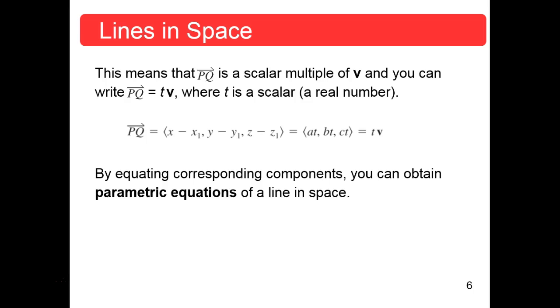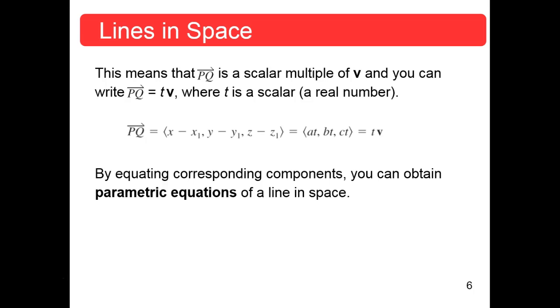But that's also the scalar t times the vector v, which would be angle bracket at, comma, bt, comma, ct. Okay? Which is, of course, tv. So if those are equal,